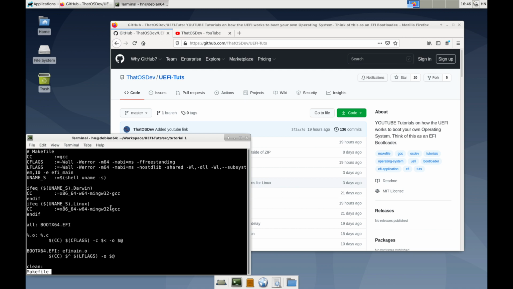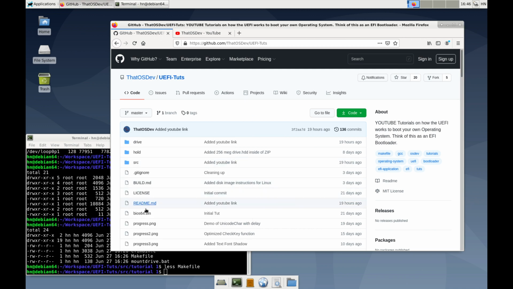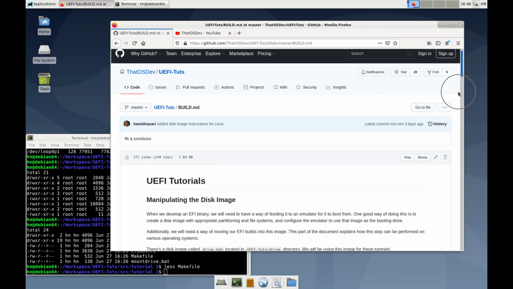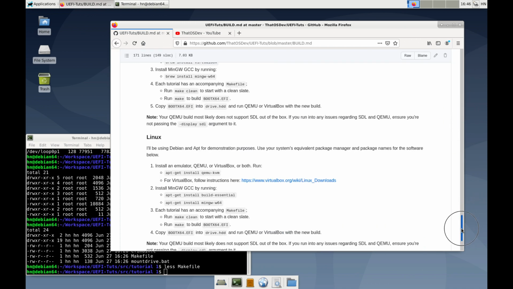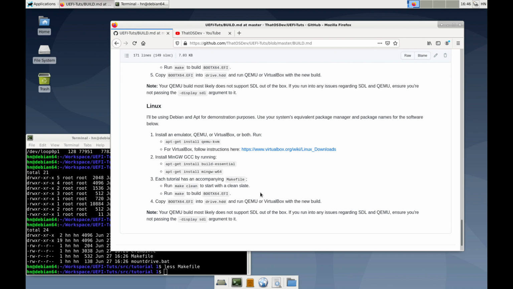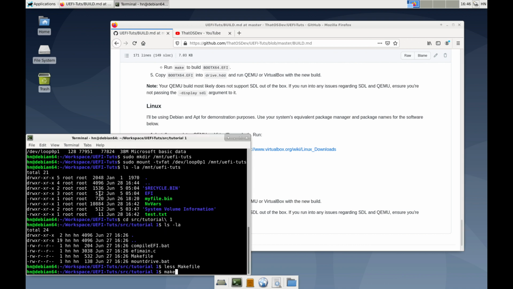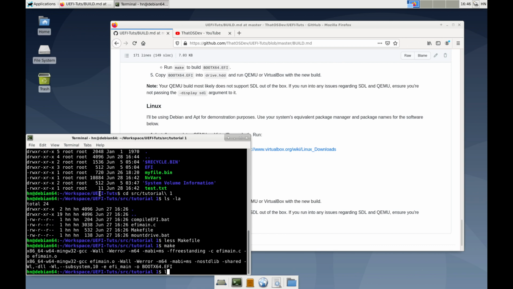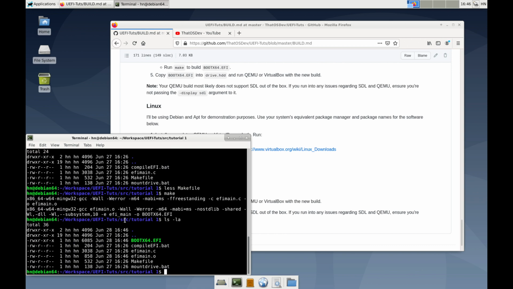Alright, so let's go and get this compiler. If we look at the build instructions, I have specified what packages we need to install. So we need build-essential, and we also need MinGW64, and I have already installed this. If you don't install this package, you're not going to have access to that GCC that we just talked about. Once you have that, then it's just a matter of simply running make,